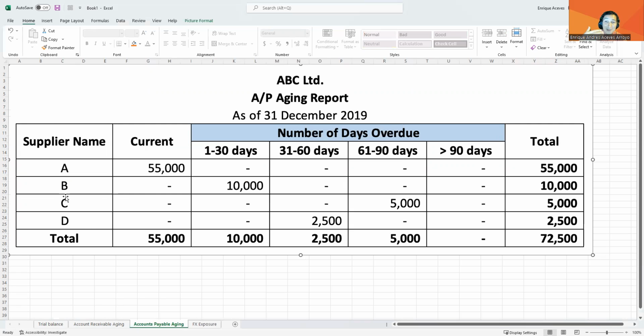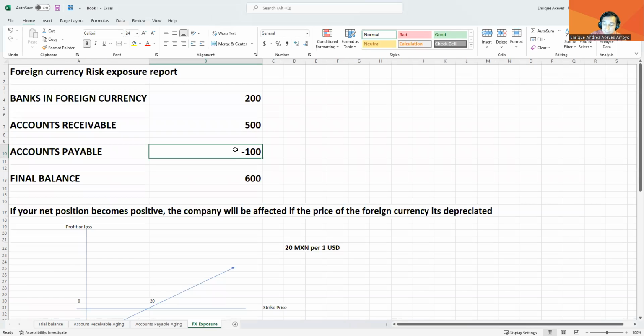Obviously, not Mexican peso debts. You have to use the same logic for the payables. You will add up all the debts in US dollars, and subtract them